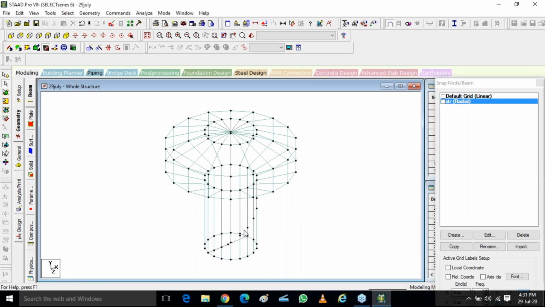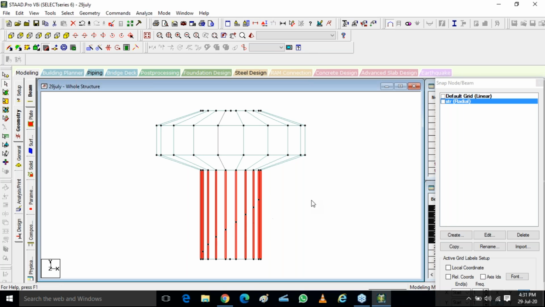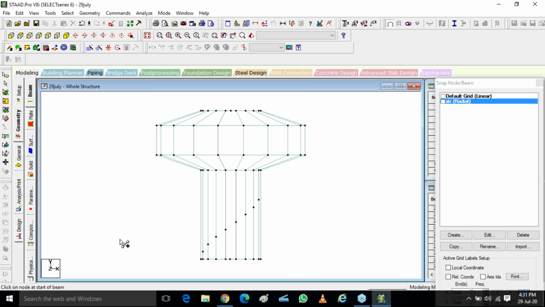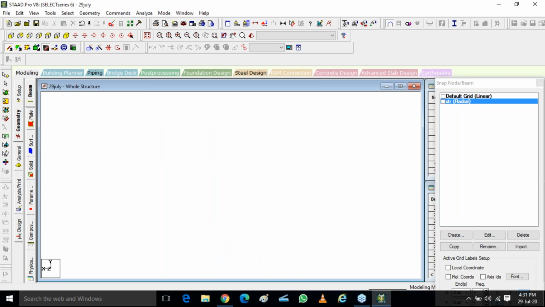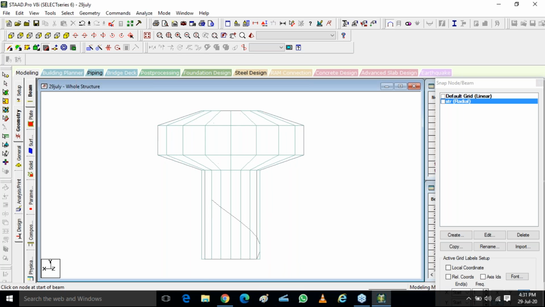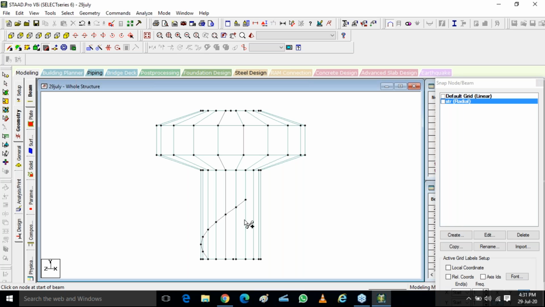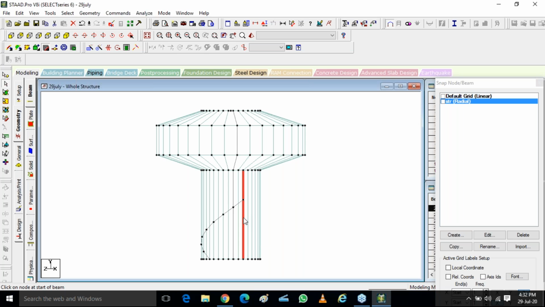Can you see these nodes? What we have drawn? I'll go back to my front view. See these nodes. What we have to do here is add beams. Done. Now see it, I'm rotating it. Can you see this? A circular thing, kind of. It is working. Now you can see what is the length you have created for this.